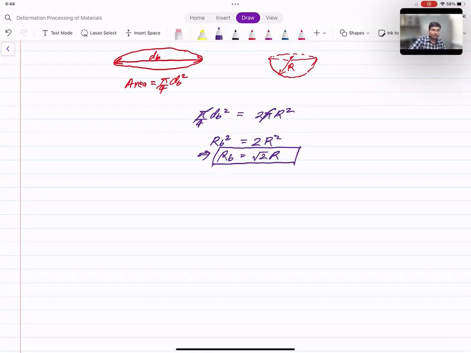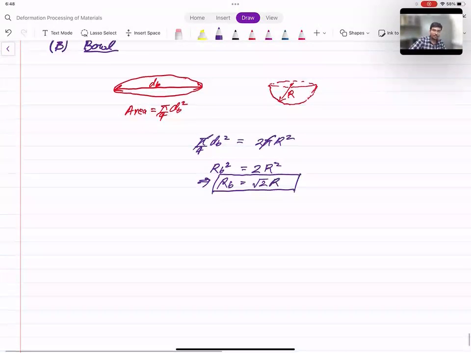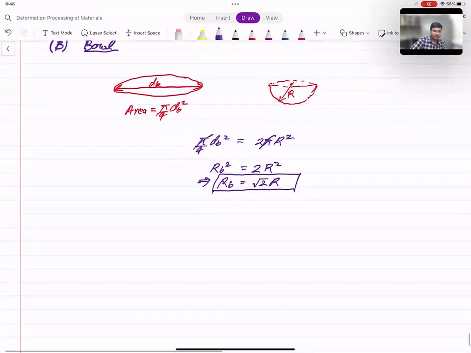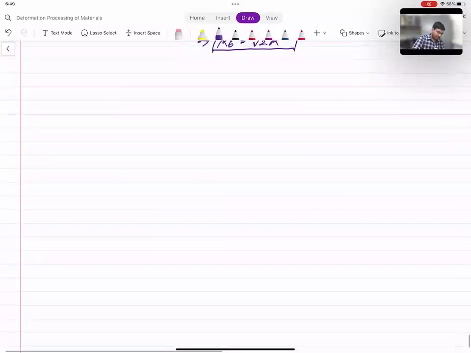Now again, let us see one more case, suppose a conical frustum is formed. A frustum is a section of a cone. In the case of a cone, it has a vertex and the slanted regions extend. But in the case of a frustum, it is cut from the vertex side, meaning the vertex will not be present. It will be a part of a cone. You can search on the internet for frustum and you will get very nice diagrams, so you can visualize it. So in the case of a frustum of a cone,